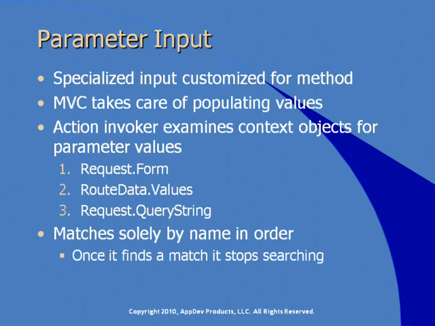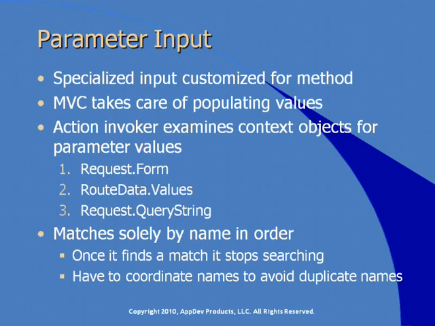Once it finds a match for the parameter, it doesn't search any further for more matches. All of this means that in order to take advantage of this automated mechanism for populating parameters, you're going to have to carefully coordinate parameter names with the names of the values in the various collections. If you do have duplicate names, such as an ID form field name, the default route ID value, and an